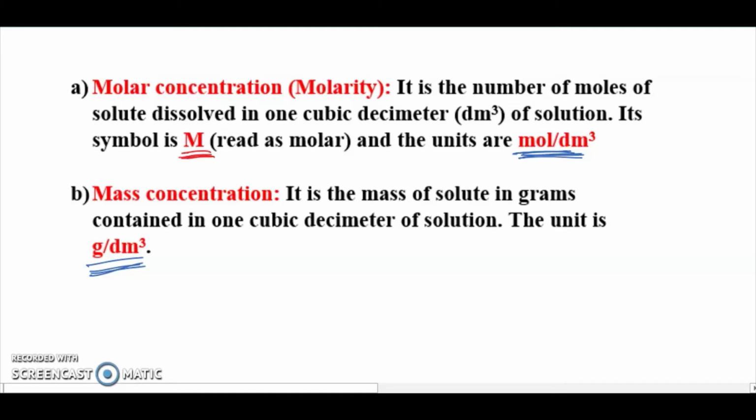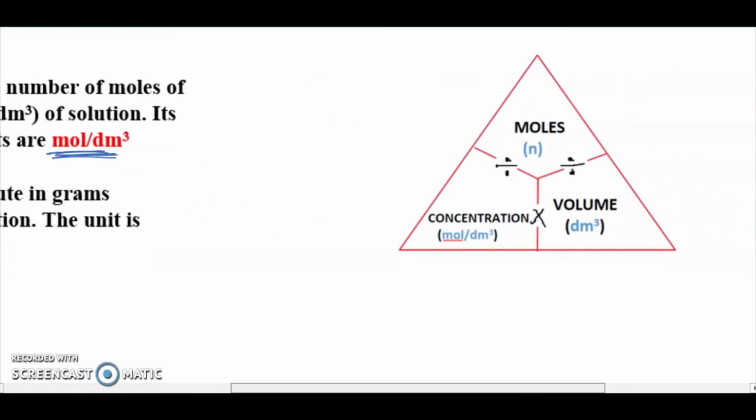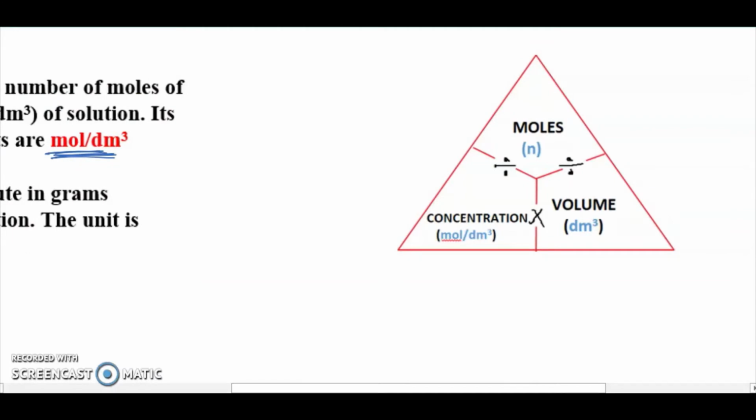Now, how do we calculate the concentration of a solution in mole per dm cube and in gram per dm cube? For that, I have a triangle here. I want us to take a look at this triangle that summarizes it. Here we go. So over here, we can see a triangle that helps us to memorize the formula of calculating concentration. So if we cover concentration, like I've done here, what do we see? We can see moles divided by what? Divided by volume